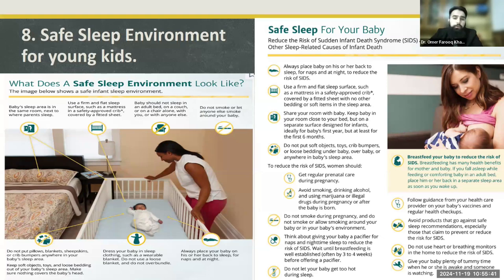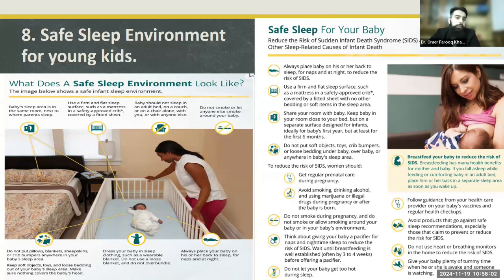Yes, there are instances of babies dying just because the mother was too exhausted, and the mother slept on the face of the baby for 2 or 3 hours, and when she woke up the baby was no more in this world. So if a mother is exhausted or is caring alone, it is advised that for at least the first 3 to 4 months of age, the mother should sleep at some distance from the baby but within reach of the baby.